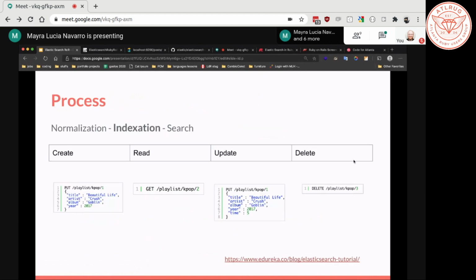Okay, one of the things that I really like about Elasticsearch is, well, as you usually have in a relational database, when you try to add data, you have to go through three processes: normalization, indexation, and actually search.